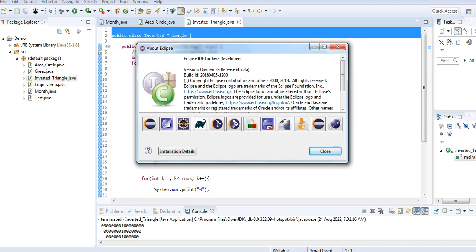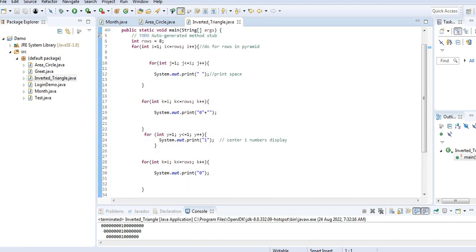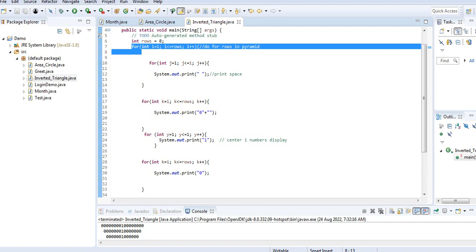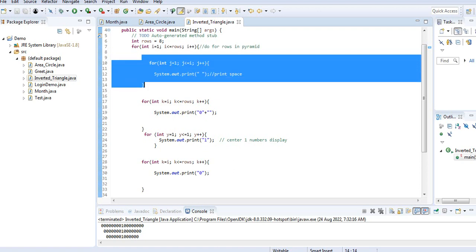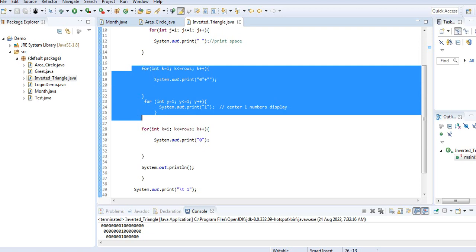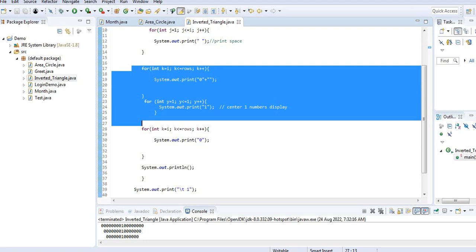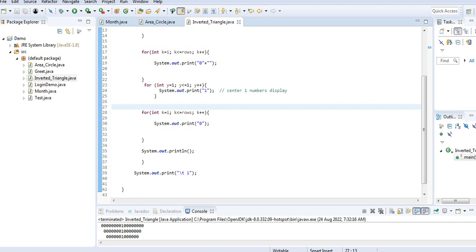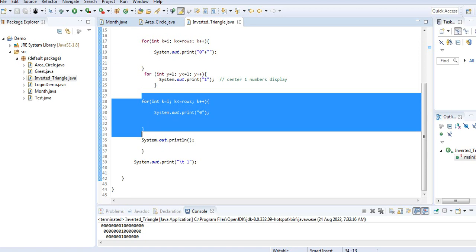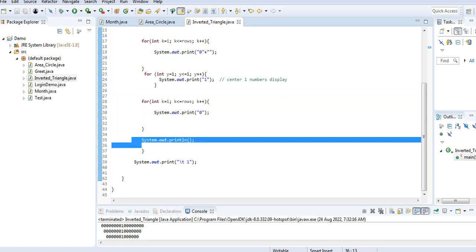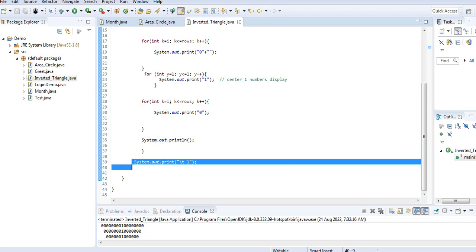I'm using Eclipse IDE for Java developers. So here we have int rows = 8, and then we have a for loop statement for i equals 1, i less than or equal to rows, i increment, and then we have a nested loop. We print space here. Then in this portion of our code, another for loop in the nested loop, and then we display 0, and then in this code another looping statement to display 1, and then another loop statement to display 0, a new line here, and then a horizontal tab, and the end of the last one value to display,